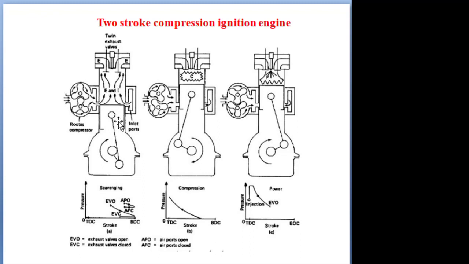Next, second stroke: the piston is moving from BDC to TDC. First it will close the inlet port, then the exhaust valve will close, and then with further movement of the piston, compression is initiated. At the end of the compression, injection of the fuel will take place, and during injection of the fuel, combustion will initiate. It will reach peak pressure and peak temperature. Again expansion of the gas will occur. The piston is again moving from TDC to BDC. Same process.